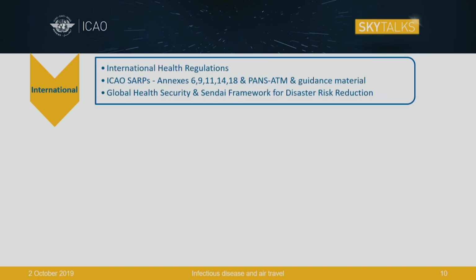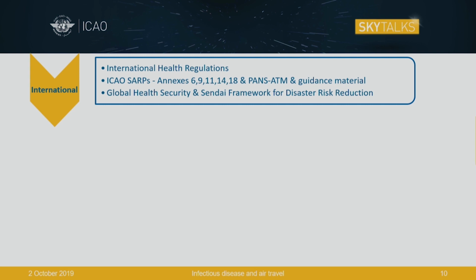There are regulations, and this is just to give you the broad overview. CAPSCA is a voluntary organization. We ask states to belong to it. What CAPSCA does is help states to implement regulations. So again, we're talking about public health and aviation. On an international level, we have the International Health Regulations. We have the ICAO standards. There are some other global